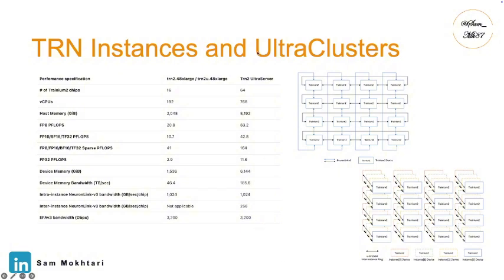But TRN2 Ultra servers actually house 64 Trainium 2 chips connected in a ring topology across the instances, which allows large scale distributed training with exceptional inter-instance communication. Also, in terms of memory, the device memory scales from